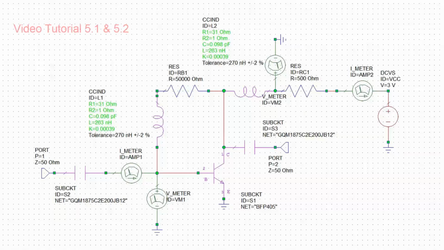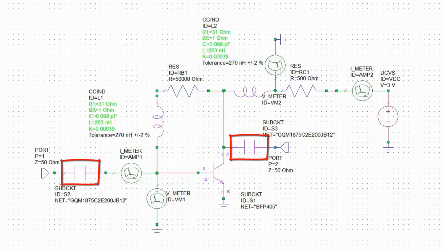In our previous tutorials, we looked at how to design a bias network for an RF BJT, and then at how to make sure that this bias network is not affected by the RF source and RF load that we connect to the input and output of our BJT. To this end, we used some DC blocking capacitors which were self-resonant at the frequency of interest, which was 1.9